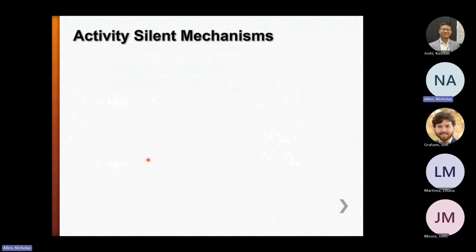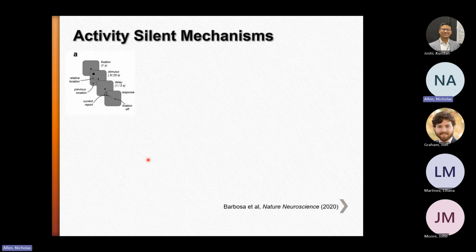So let me go on now to the alternative mechanisms, what are called activity silent alternative models of working memory maintenance, and not so much on the generation of persistent discharges during the delay period. People have speculated that maybe some changes in synaptic strength, in the weight of connections between neurons, are modified when we're maintaining something in memory. That may be the mechanism. And I should say, there is definitely evidence for the silent mechanism.